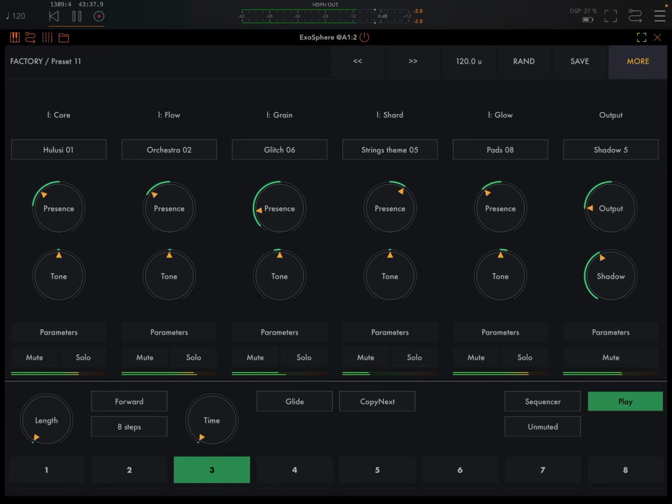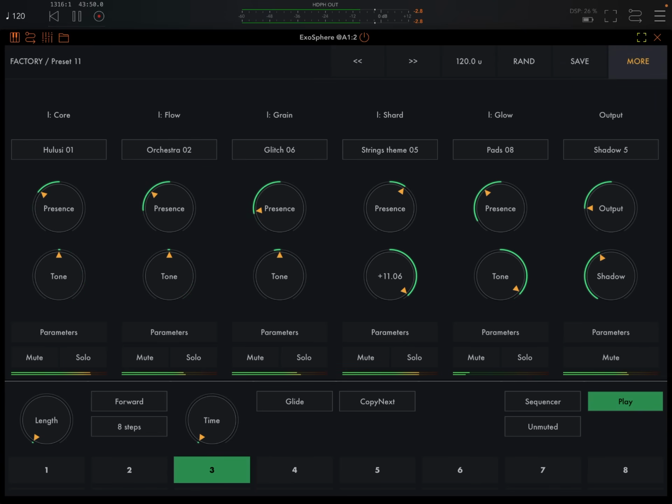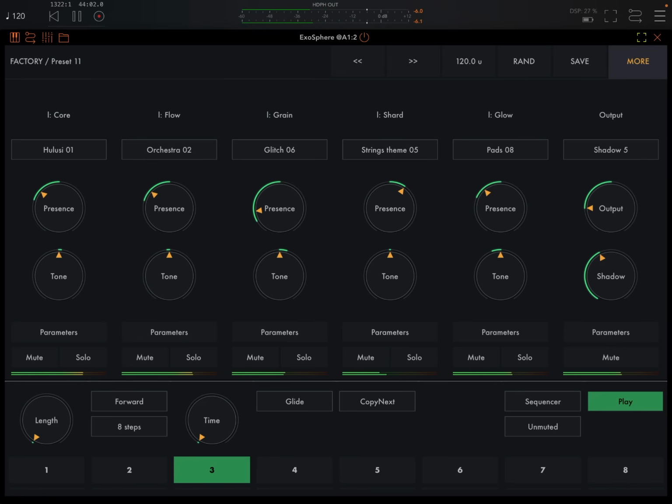There are also some weird labeling conventions, like why are these called tone, which to me sounds like an EQ control, but really these change the pitch, and they should, I think, 100% be called pitch. It's just another thing that is confusing. There are a few other little things like that, but yeah,